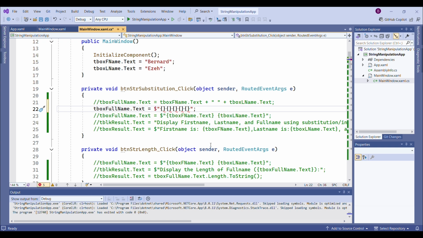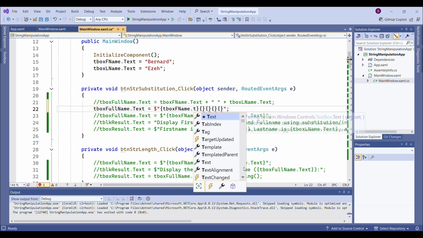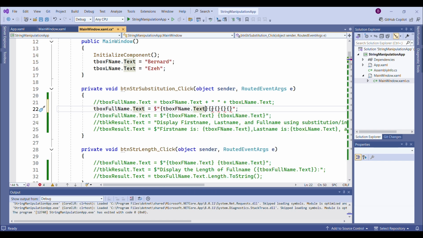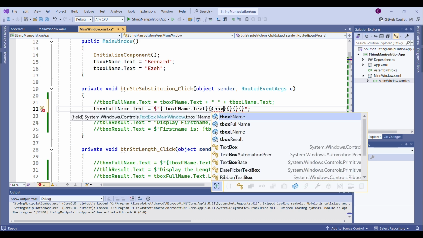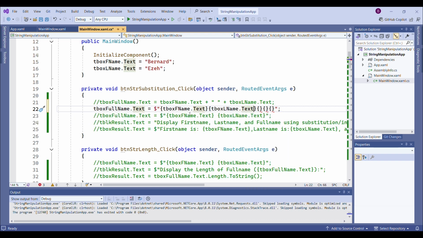So within each opening and closing quote, within each opening and closing braces, you put a variable name or a control element name that you want substituted by the value in that particular variable or element. In this particular case, we want the first name here, so the T box first name dot text, and then we want the last name here, so T box last name dot text, and then because these are the only two we want in this instance, we just delete the rest